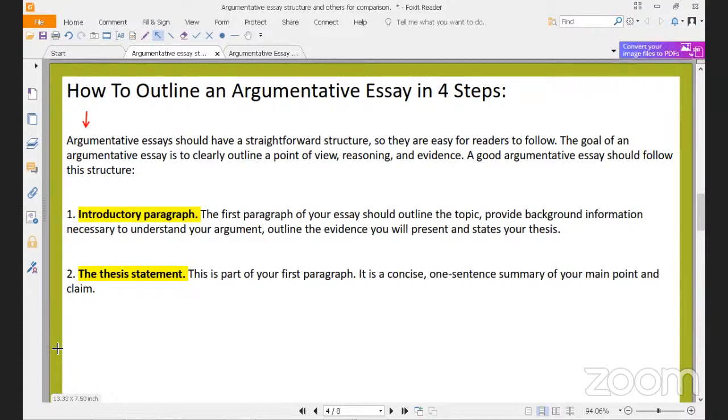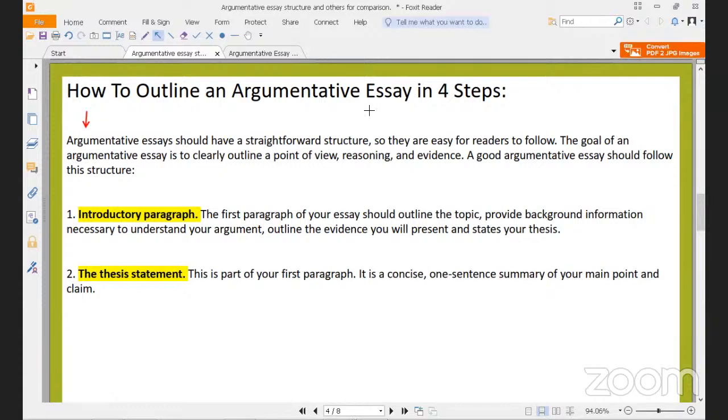Thank you, Rodrigo. Okay. So the goal is to clearly outline a point of view, reasoning, and evidence. And this is the beauty about it, guys. It's giving us how to start doing an outline. So it's actually easier to write about. Of course, it'll get easier if we talk about something that is appealing to us. If we talk about something just because we are given an assignment, then it's going to be a little bit complex because perhaps we don't have enough information to back it up. But if it is something that we actually feel appealed to, of course, it'll be completely different.